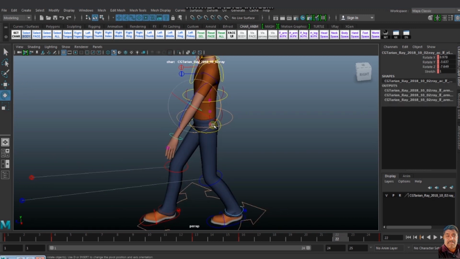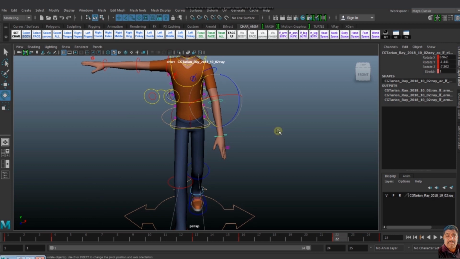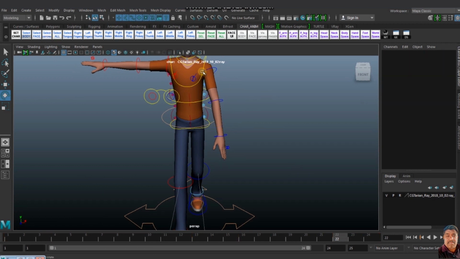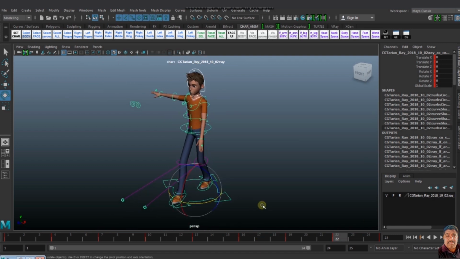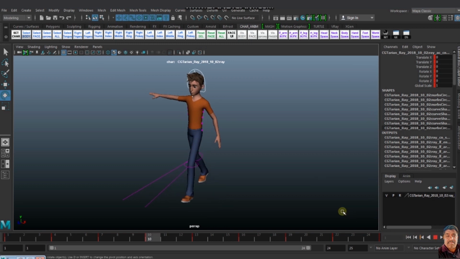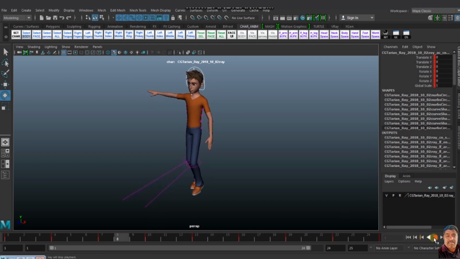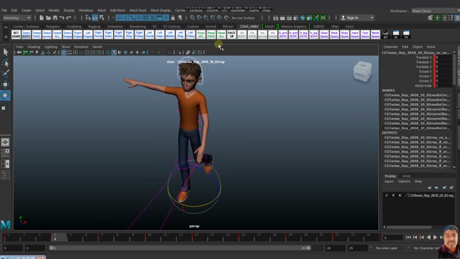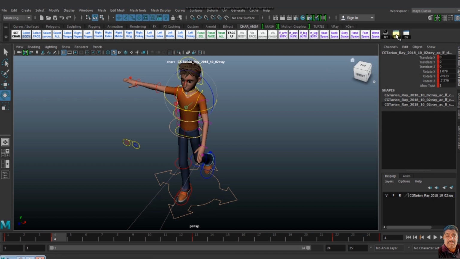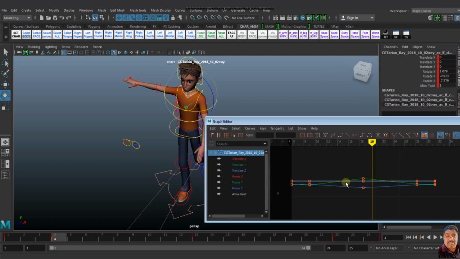So you have to take your patience, and you have to do your work cycle first. It is very important. Now the action is like that, the finger area is too much flexible. It means it is a very flexible movement in my hand. So I have to scale down my finger. So I select all my fingers and just scale down.